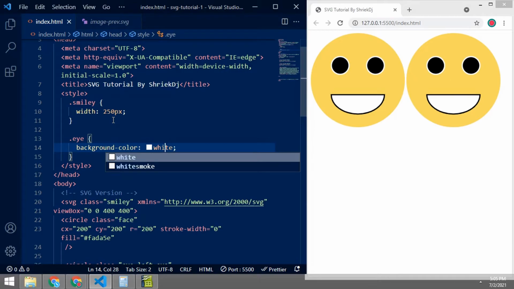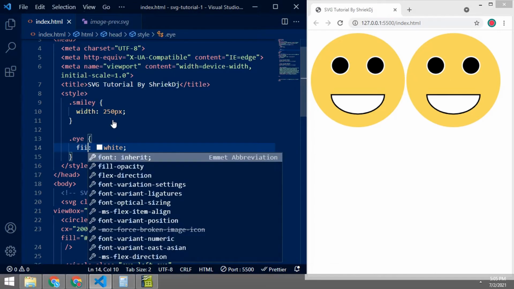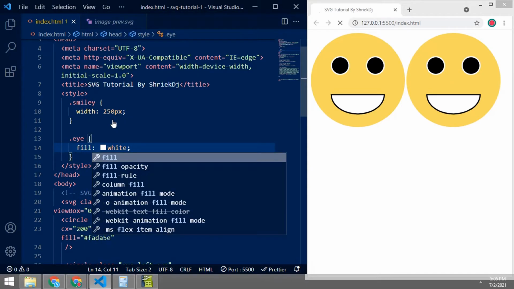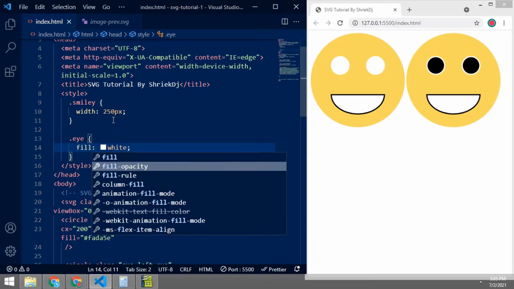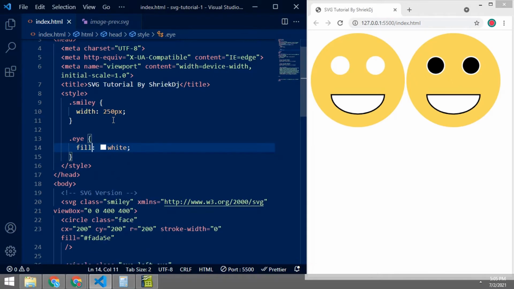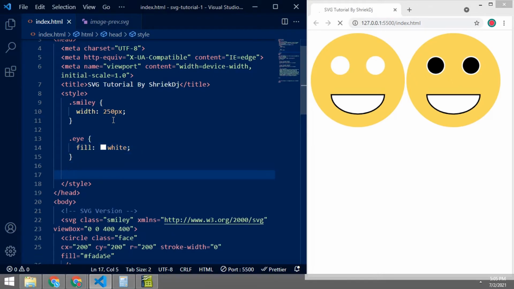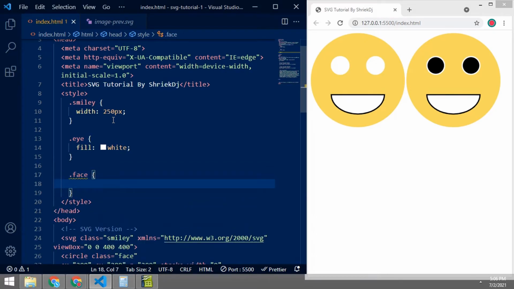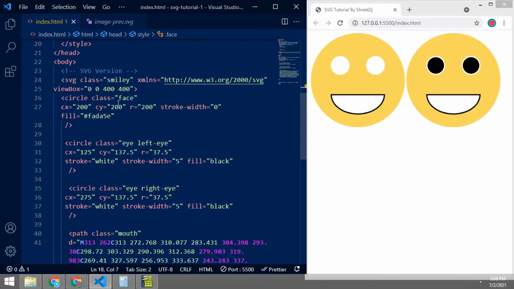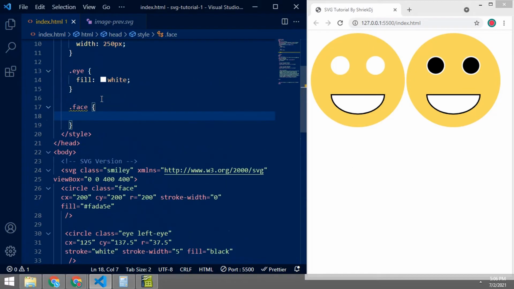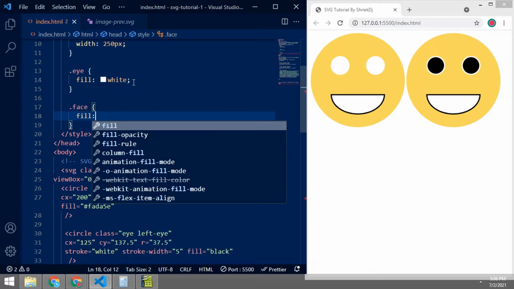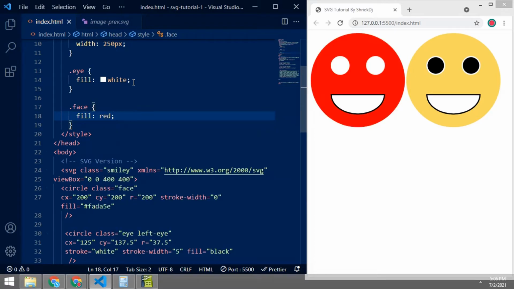Okay, we can also change its color. If you try to use background color, no, it does not work. We should use fill. If you are a vector designer or anything like that, you should know what these fills are. It just fills the image or the objects in our image. So consider all as an object.